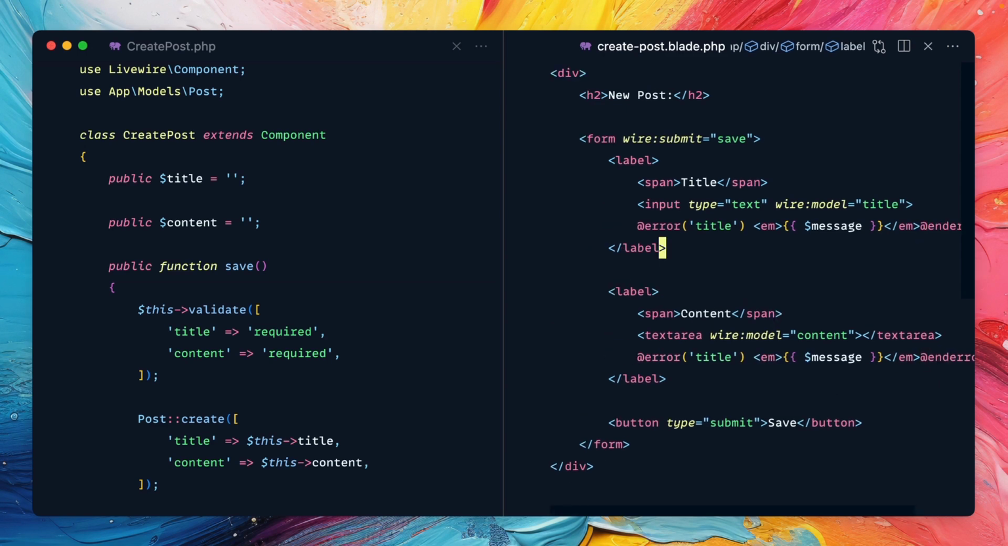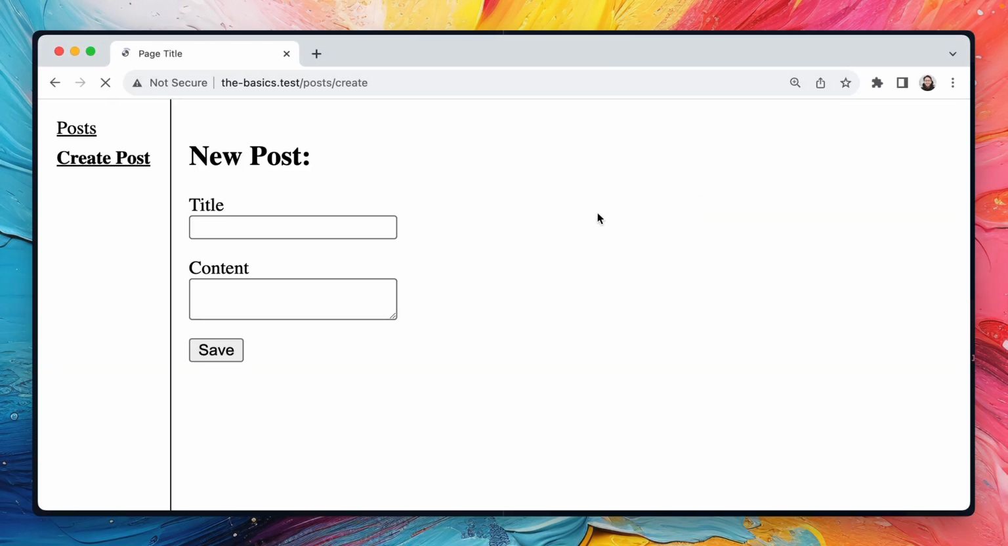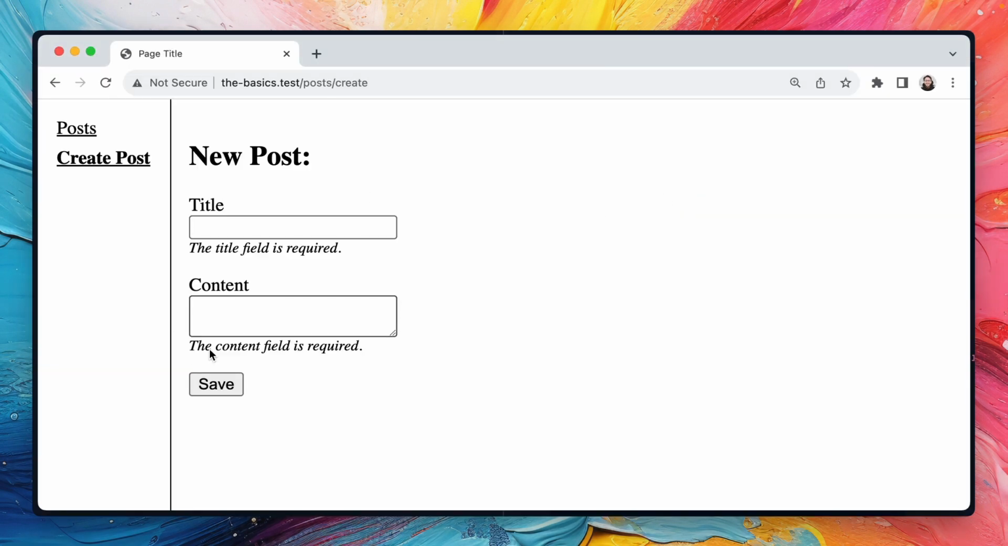Make that an @ symbol. Okay, and this one, instead of title, is going to be content. All right, now let's try to submit the form. And there we go. We have some validation messages because the title field is required and the content field is